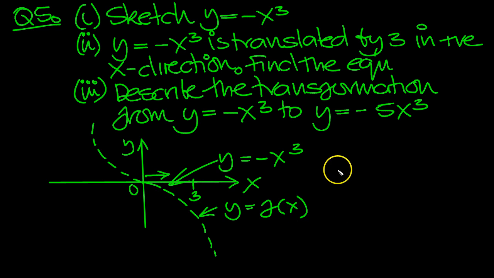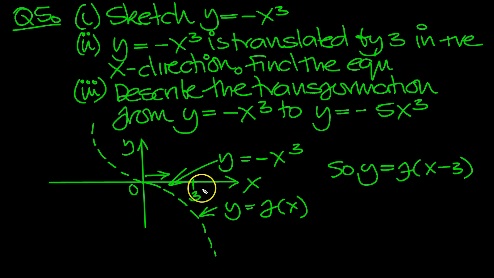So that tells us then it's f of x minus 3, because now if I write that function, if I put x as 3 in here, the input value, the output value will be f of 0, which will be this value here. So it's as though this point here is moved over by this translation. So that's it. Find the equation then,